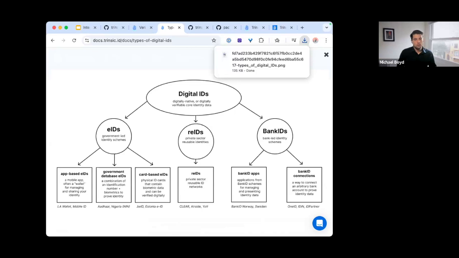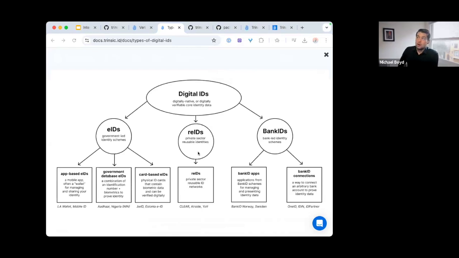In the reusable ID category, it looks pretty simple, but it actually is really exciting, because so much of our online lives require us to build up profiles with different businesses. And as Trinsic, we've had to be really careful to stay really focused. But if I can humor myself for a minute and just think about a 5 to 10 year vision,